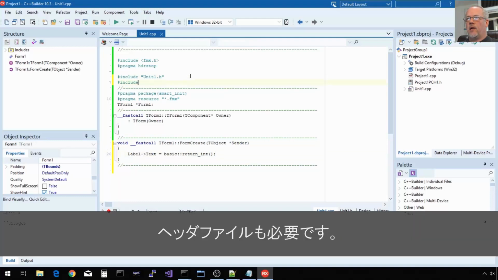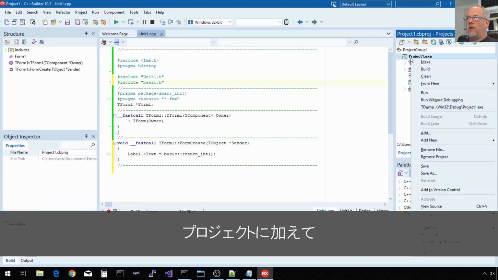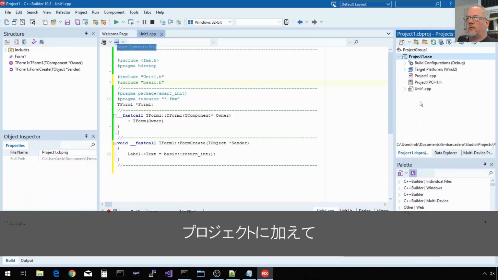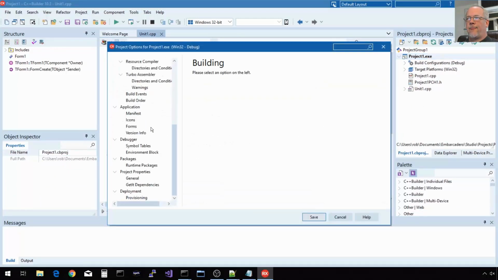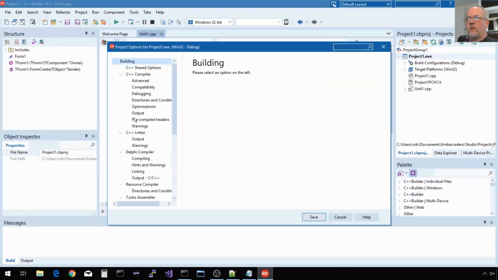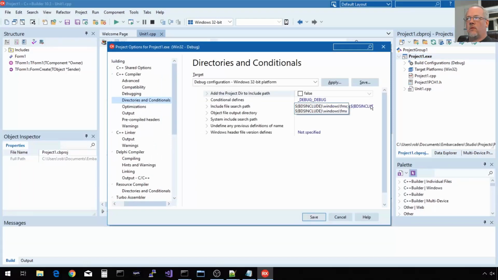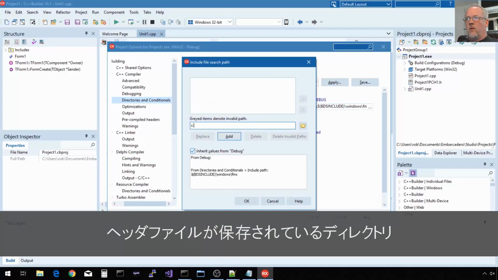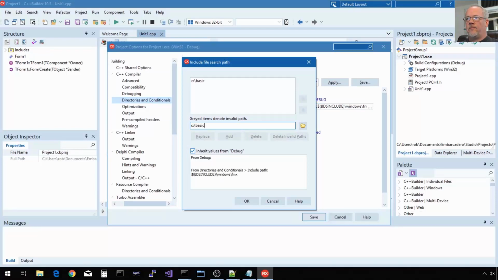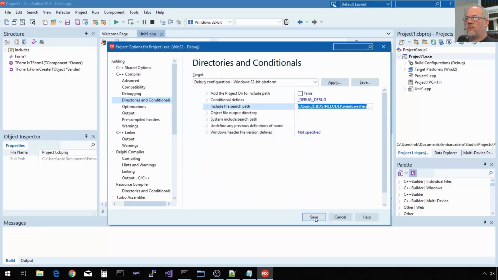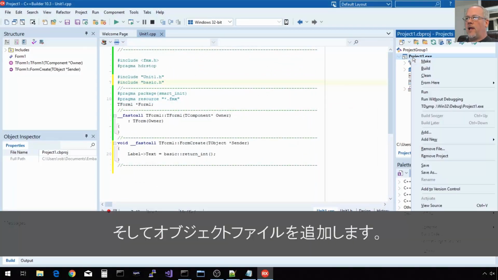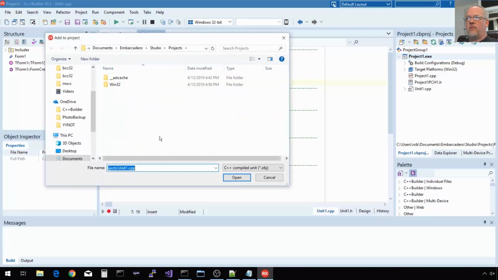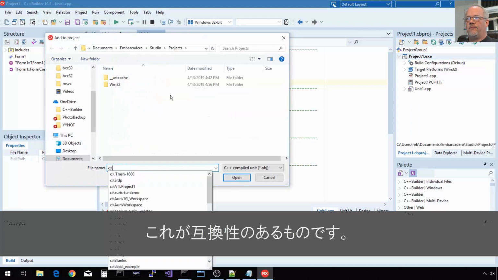Again, we need our header file. We need it included in our project. The directory where our header file is stored. And we need to add the object file that is compatible.